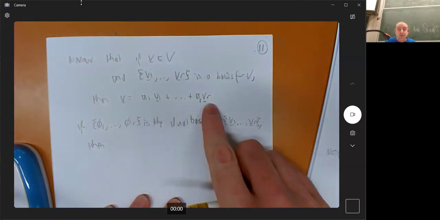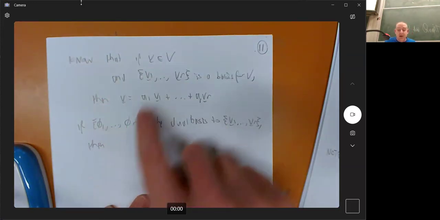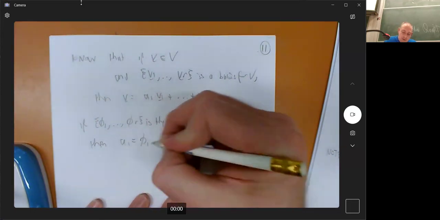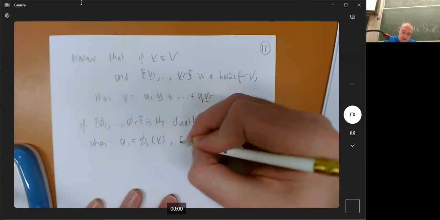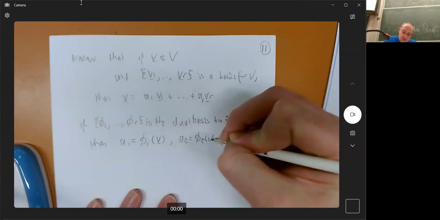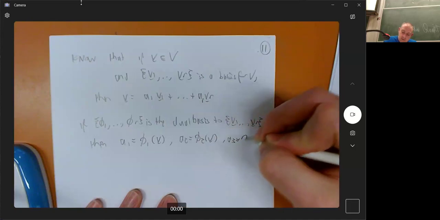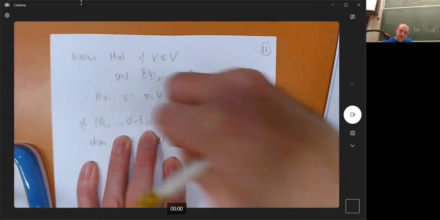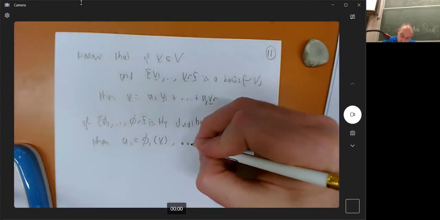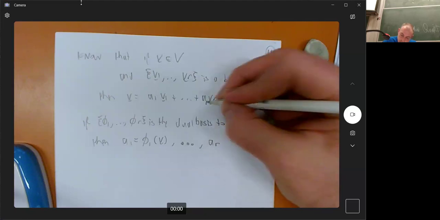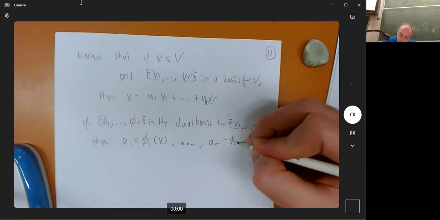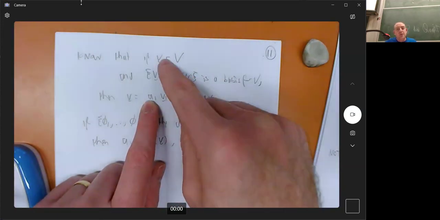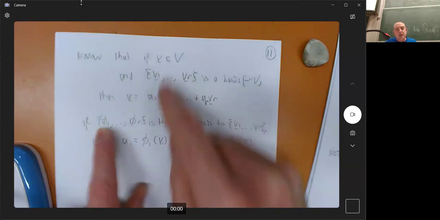Then the coefficients are phi1 up to phi r of v. Then a1 is phi1 of v, and a2 is phi2 of v, and a3 is phi3 of v, and so on, right? So to get the right coefficients here, do all of these functionals on v, and it gives you the correct coefficients,